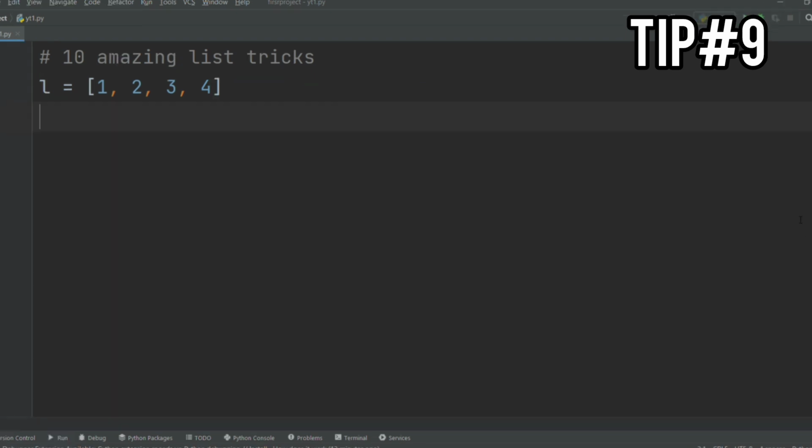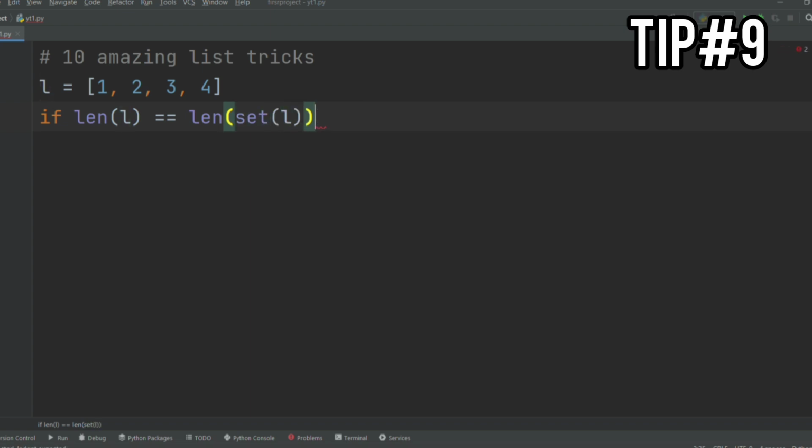Suppose you are given a list and you want to check whether there are only unique elements in this list or not. That means if I try to add a 2 here, then this list will not be unique because it has duplicate elements. For that, you can write if and then use the len function for finding the length of this, and here I can give L. Now this should be equal to the length of set of L. That's it.